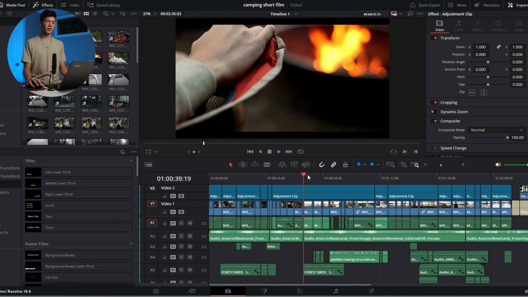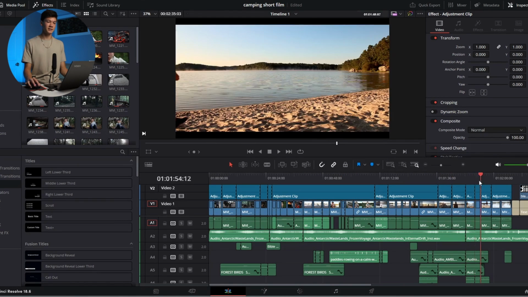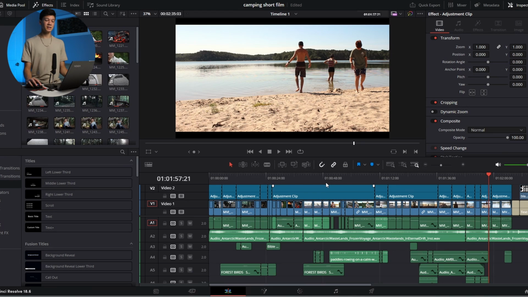So I'm not going to spend too much time on this. The rest was just canoeing and then sitting next to the water at the beach. But of course, the more interesting part is things like the color grading and sound design, which I'm about to get into. So for color grading, I basically just threw an adjustment clip over the whole thing and did my